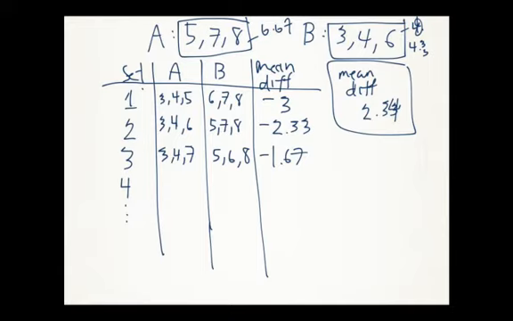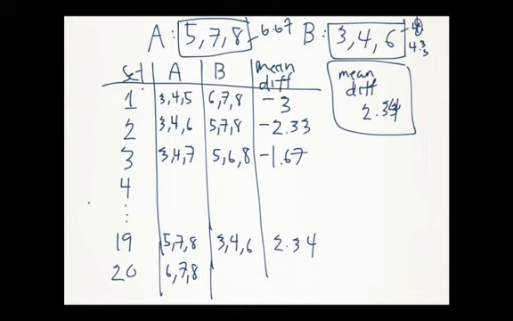So again, we can permute the labels, and then it turns out again that there are 20 different combinations in this case, and we can write them all out, but I won't write them all here. Okay, and then the final one is 6, 7, and 8, and 3, 4, and 5 for a mean difference of 3. Okay,